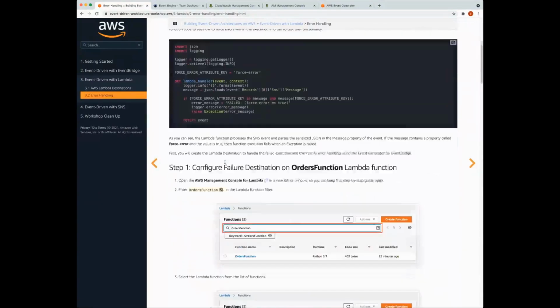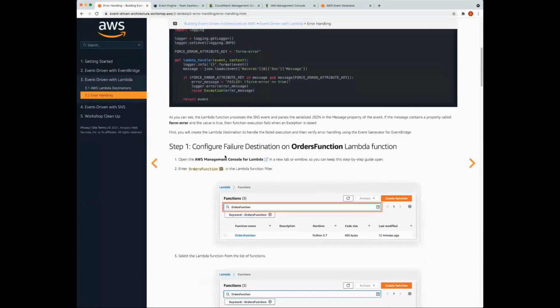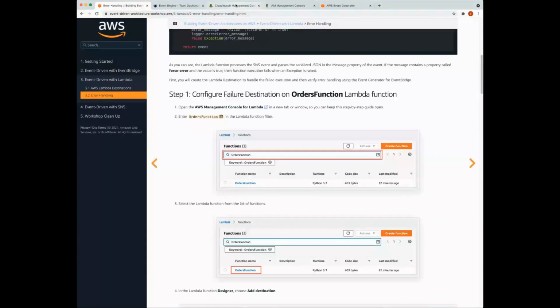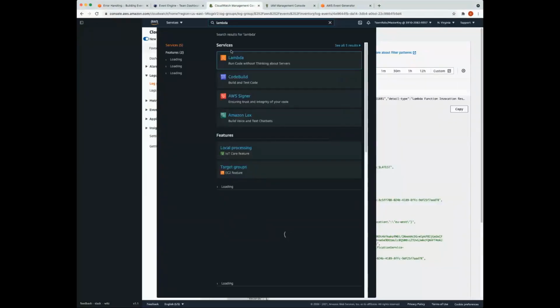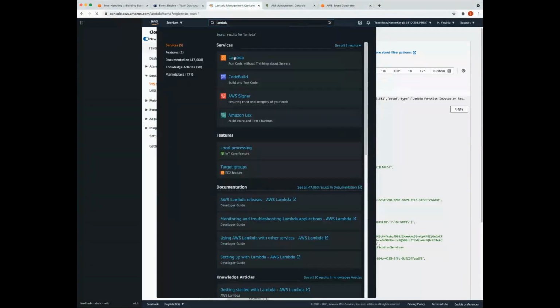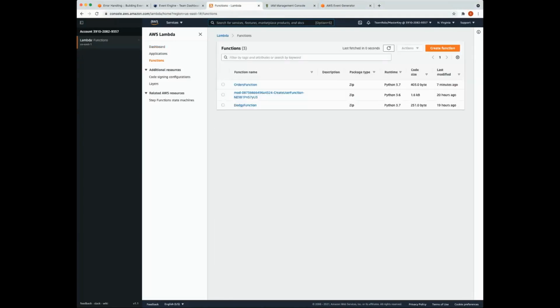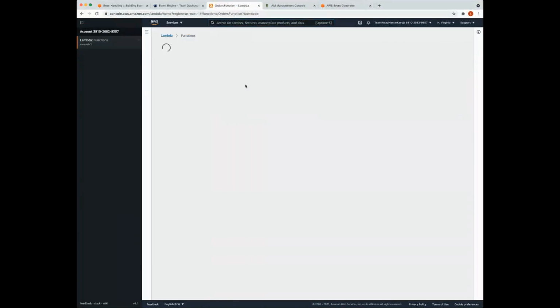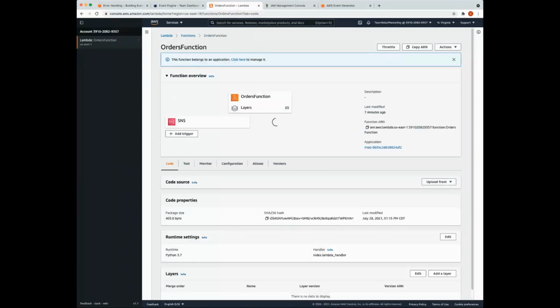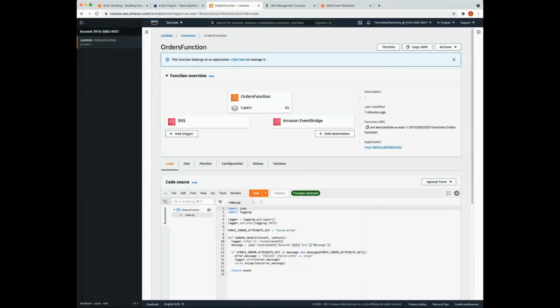So I'm going to jump back to the console. I'm going to head back to Lambda. I'm going to select orders function. And as you might have guessed, we are going to add a destination.